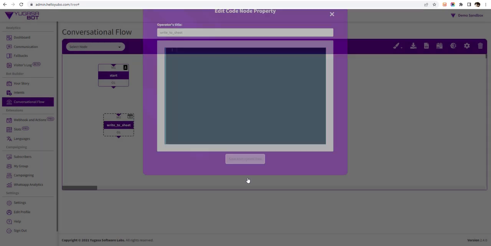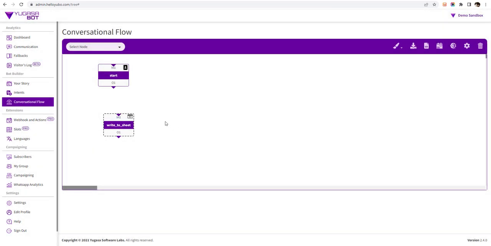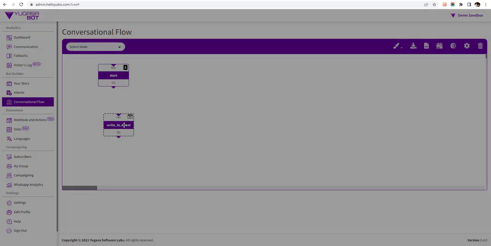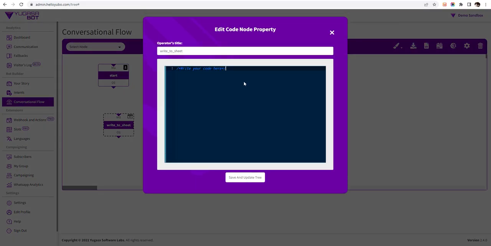So first of all, let us see what data we want to write into the sheet. In the form in the start node, we are collecting name, email ID and phone number of the user. So let us try to integrate the Google Sheet to transfer this data to the sheet directly from the bot. So in the code node, write to sheet node, what we will do is we will first of all get the data of user's name, phone and email by calling this function